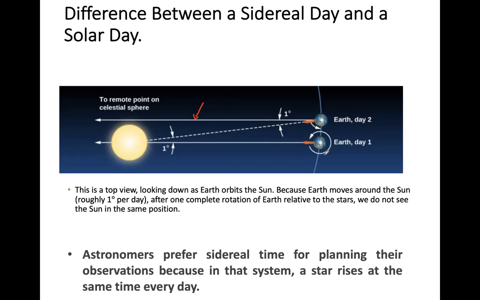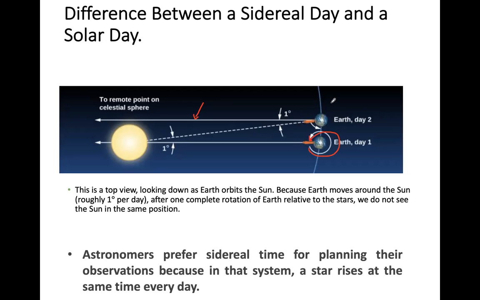But while earth is rotating around its own axis, it also rotates around the sun, right? Which means after day one, let's say now it has to be pointed again towards the sun to complete the day. So what happens is it rotates this amount, and while